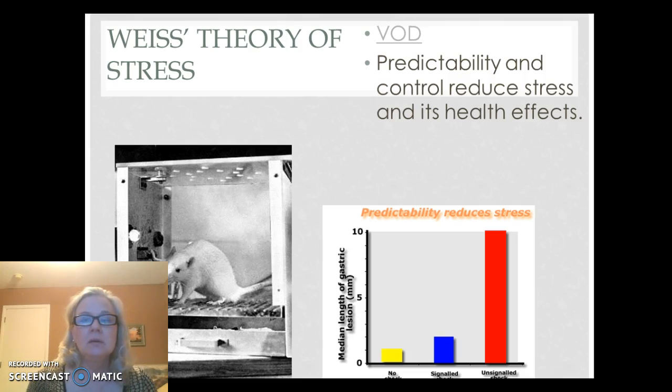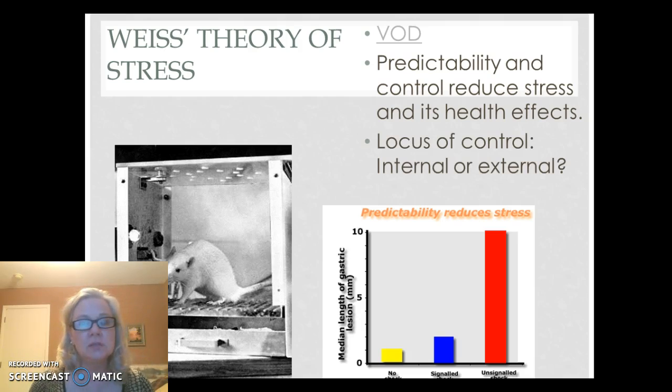When we have situations that arise that are predictable, we can manage that stress much better than we can when we have unpredictable situations and challenges and stressors just coming at us and coming at us. In this case, we know now that there are mechanisms involved that actually do cause us to have numerous health effects to unpredictable stress. This concept that was developed by Weiss and other people in researching predictability and control of stress is called the locus of control.